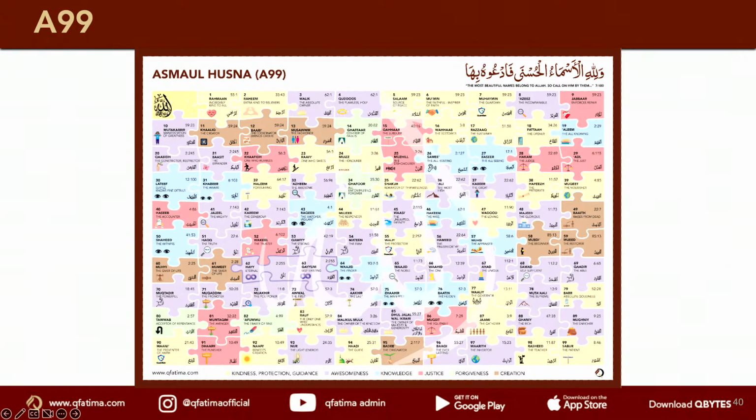Okay? You want a dua answered, you will use Ya Mujib. Because if you look at the top of your charts, it's Surah number 7, ayah 180. And the way you remember it is 7 days a week, you want to make a 180 turn towards Allah. Wa lillahil asma'ul husna fad'uhu biha. For Allah are the most excellent names, so call upon Him by them. You want to do dua? Do this. Most people don't like these long, drawn out things to read. I'm not saying don't read them. Please do. However, if you learn the Asma al-Husna, you can personalize it.